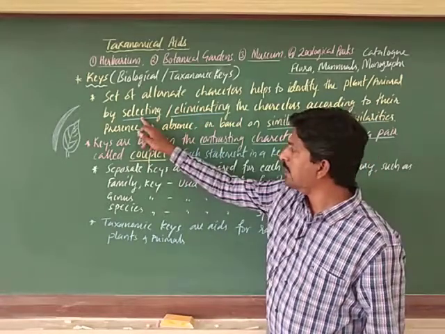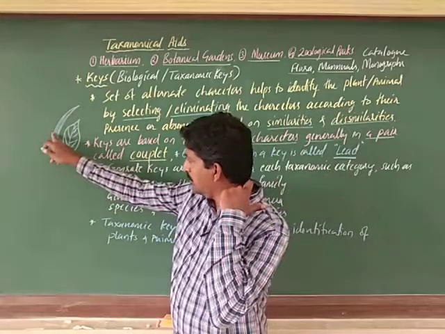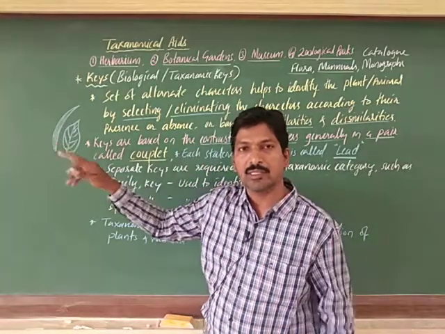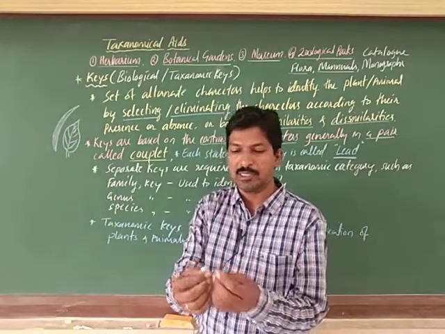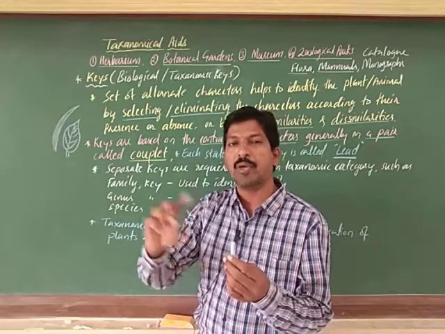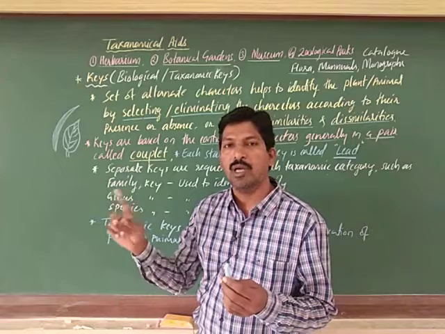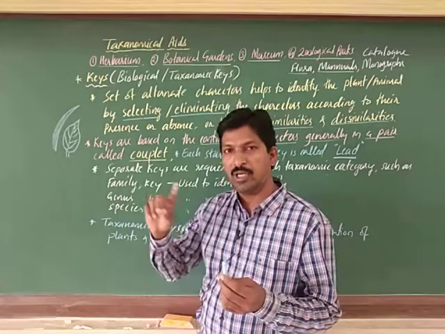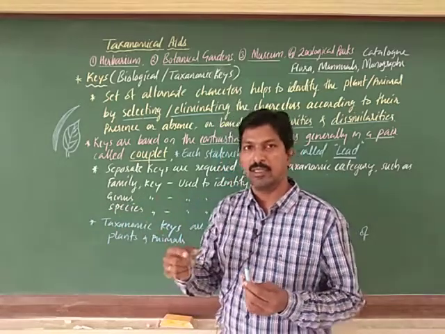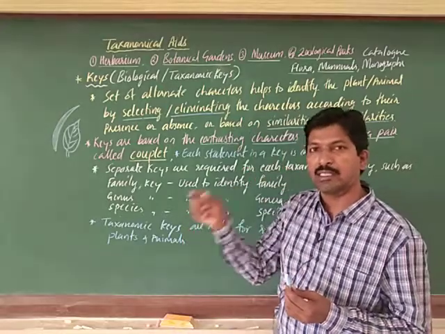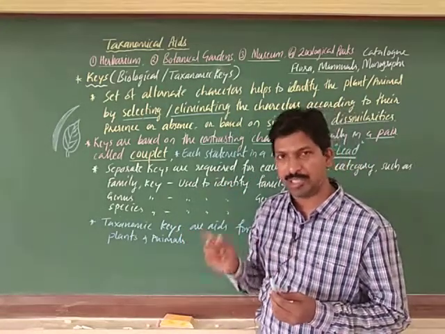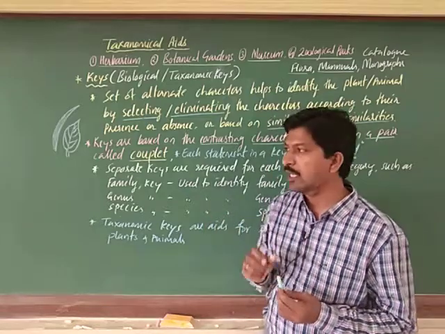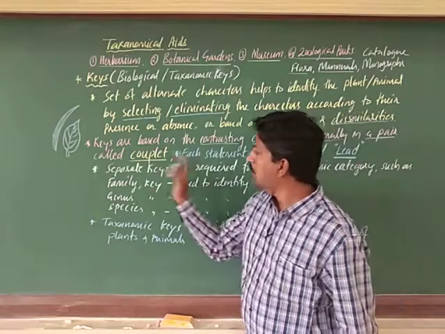So, if one is selected as parallel venation, for example, when we are considering a grass showing parallel venation, then you go for the monocotyledon and you go for the next lead, the next set of questions, statements or characters we can say. So, based on that they will go for the next.